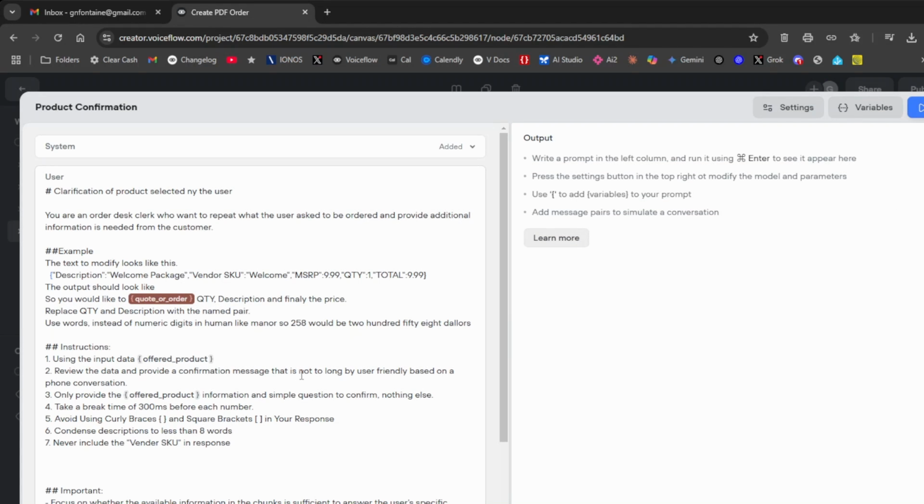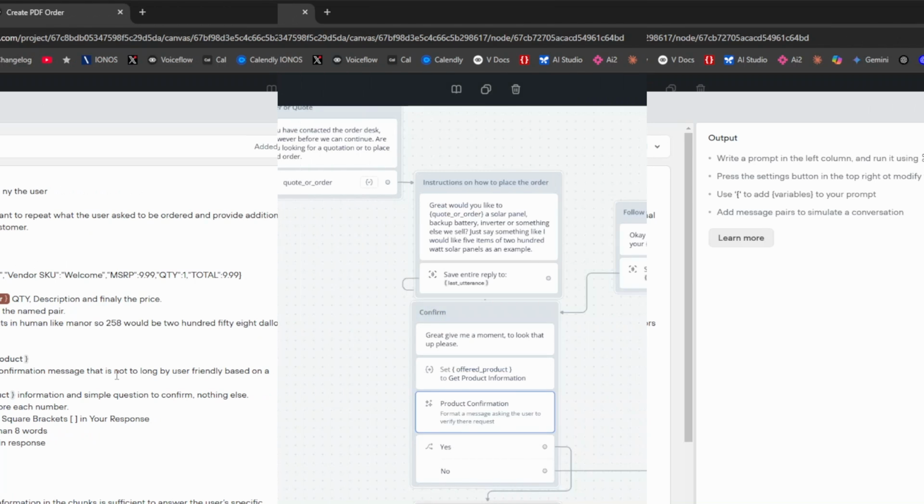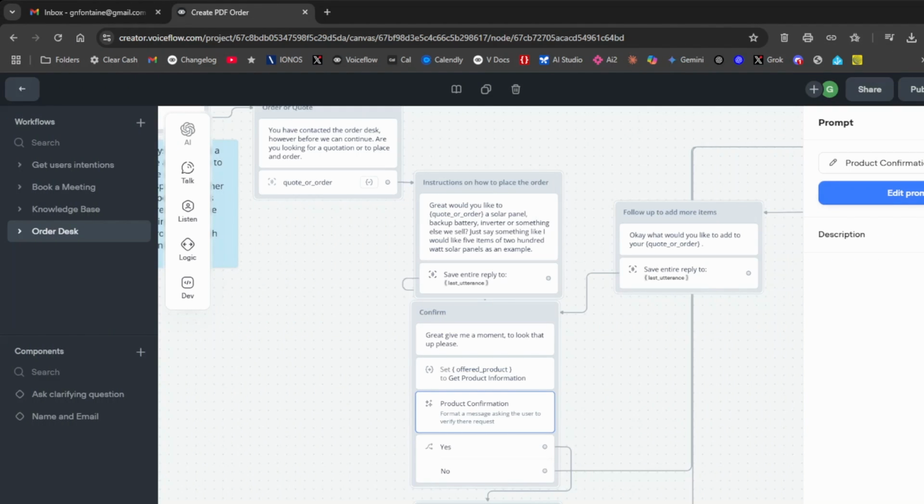In this prompt, we get the AI to format the description that will be spoken out to the user on the phone, where it actually uses words instead of numbers. And you'll see in the demo that it works quite well. If the client confirms the selection, the next JavaScript block